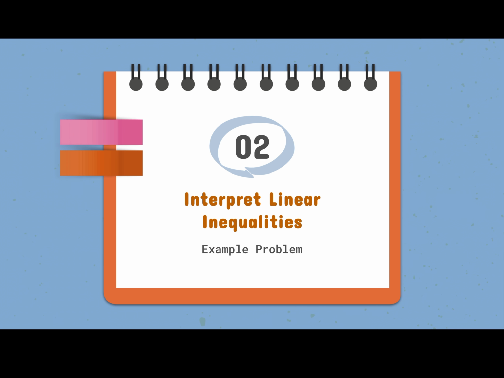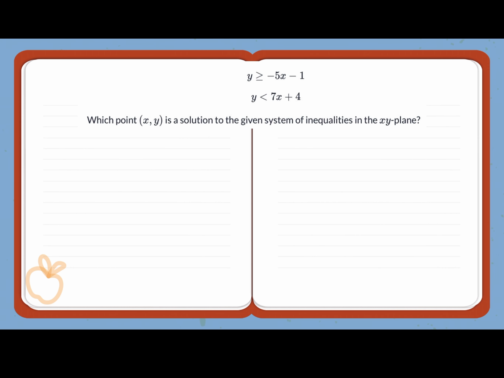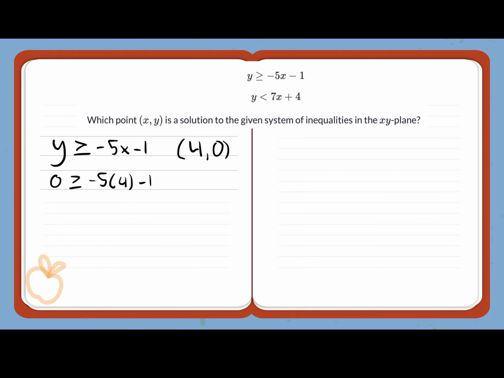Okay. For our second subtopic, we have interpret linear inequalities. So we have a system here, and what point is a solution to the given system of inequalities? So in order to find out, we have to, first off, pretty much just plug in points because drawing it out might take too much time. So because two of our options have y as 0, it's good to pick one of those. For time's sake, I'll pick the correct answer, which is (4, 0),